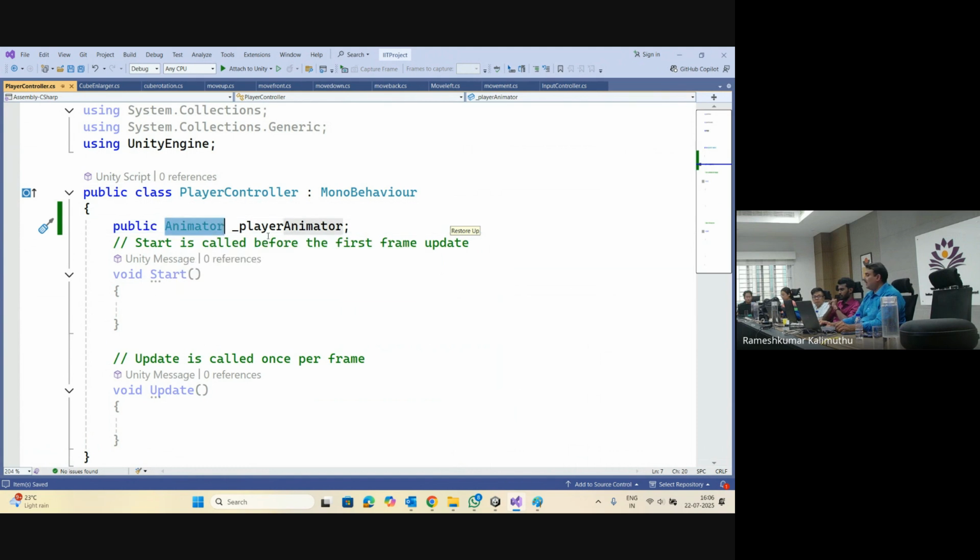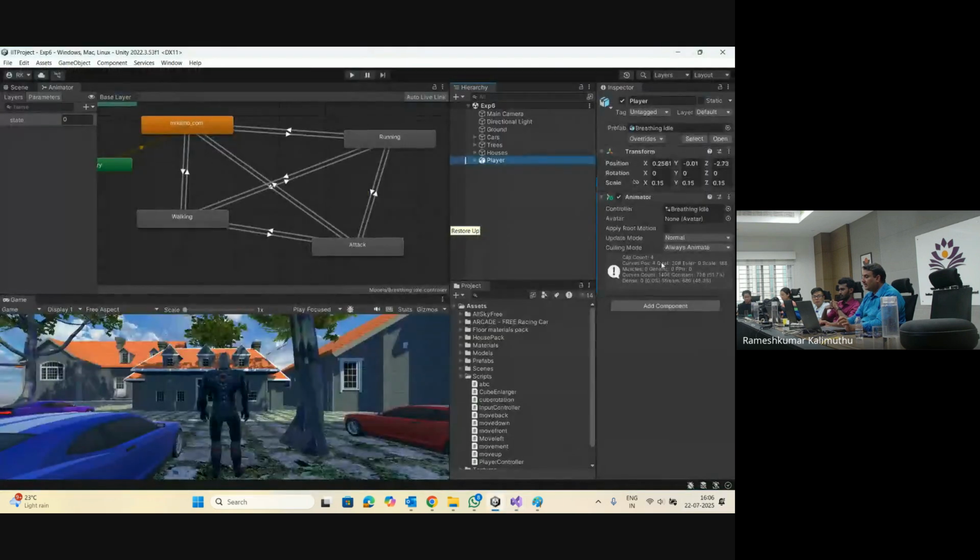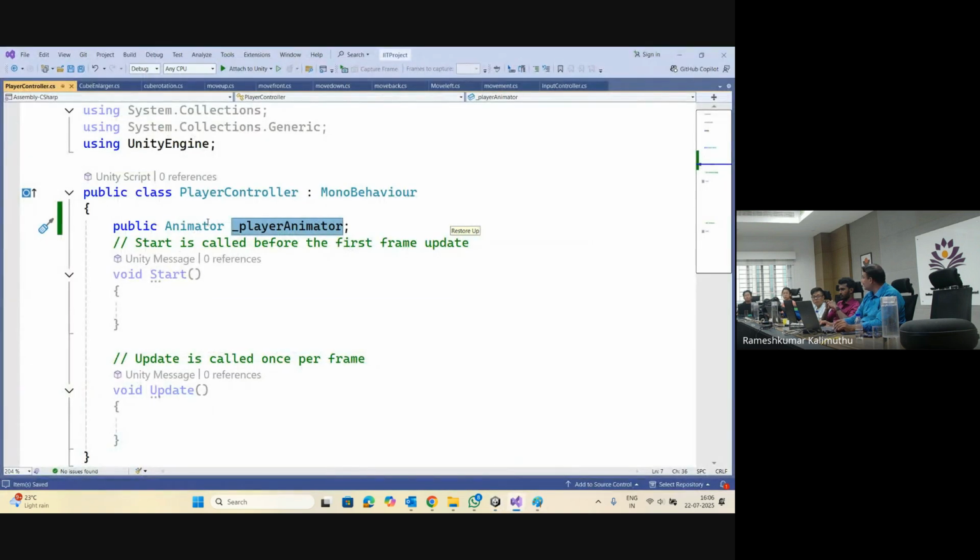Animator is a data type and player animator is a variable name. Why? Because I need to access this particular component inside the program, right? I need to access this animator component inside my programming. So that is why I am declaring the variable called player animator. After that,